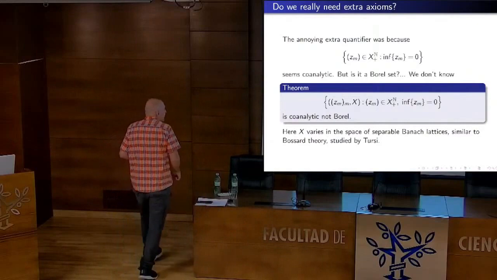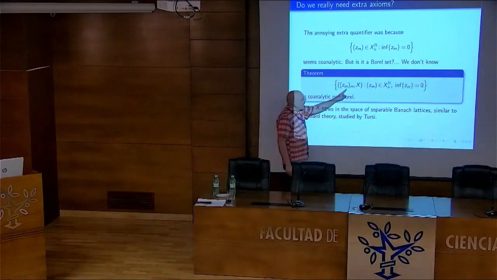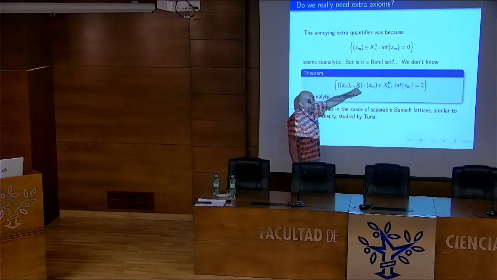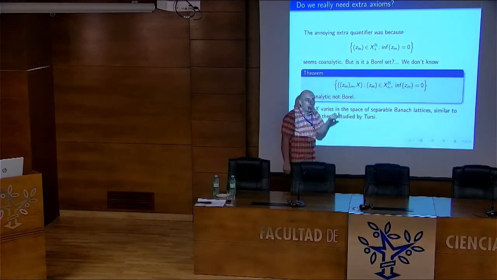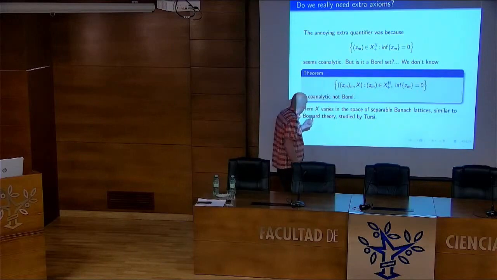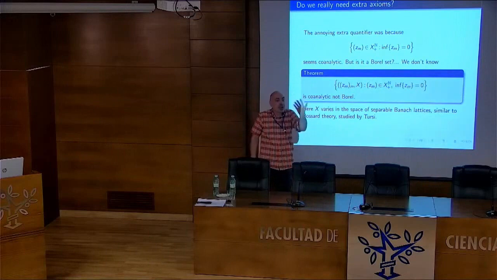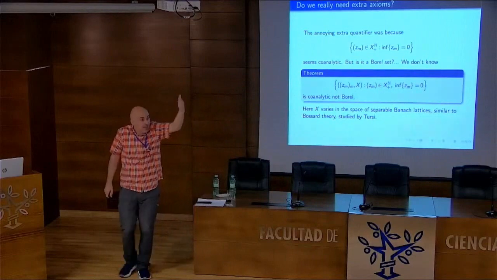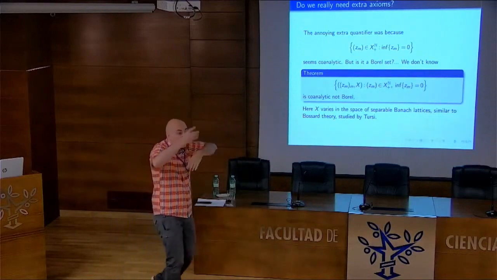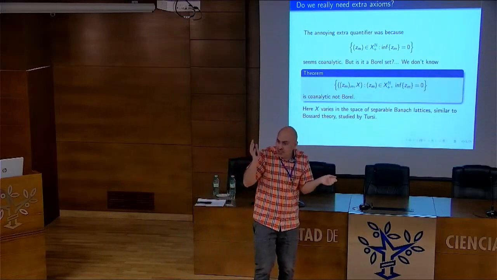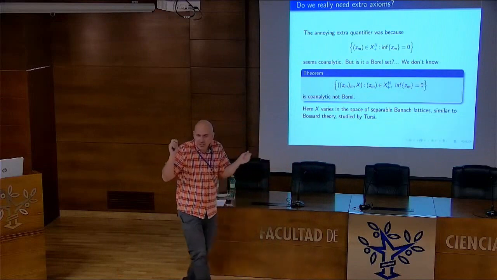And here I am talking about the co-analyticity of a set of pairs. Here I have a separable Banach lattice, and here I have a sequence in it. So what I'm using is the analogue of Bossard theory. In Bossard theory, when you have Banach spaces, you can view them as points in a Borel space. And then you can say a family of separable Banach spaces is analytic. This was explained here, I think in more than one talk, in Gilles' talk, I think, and I don't know if somebody else talked about this.